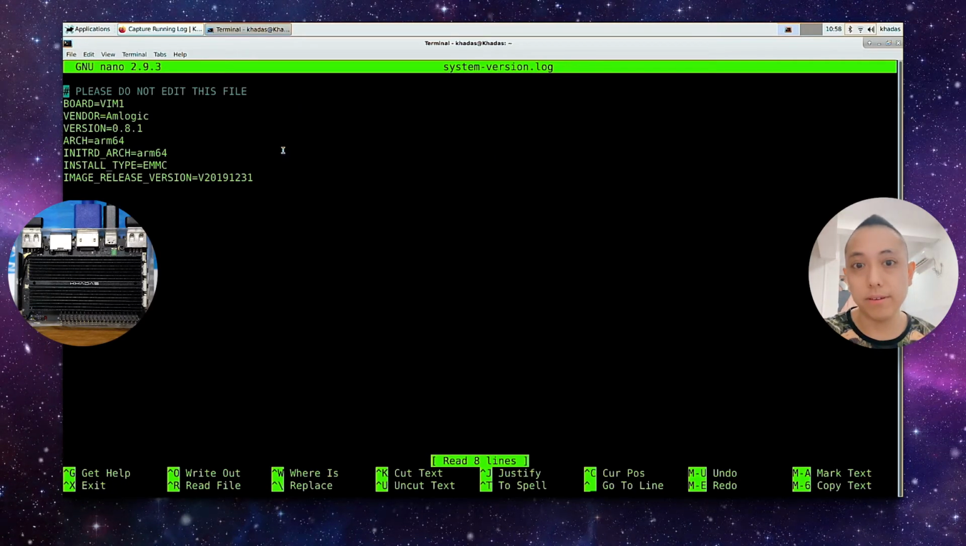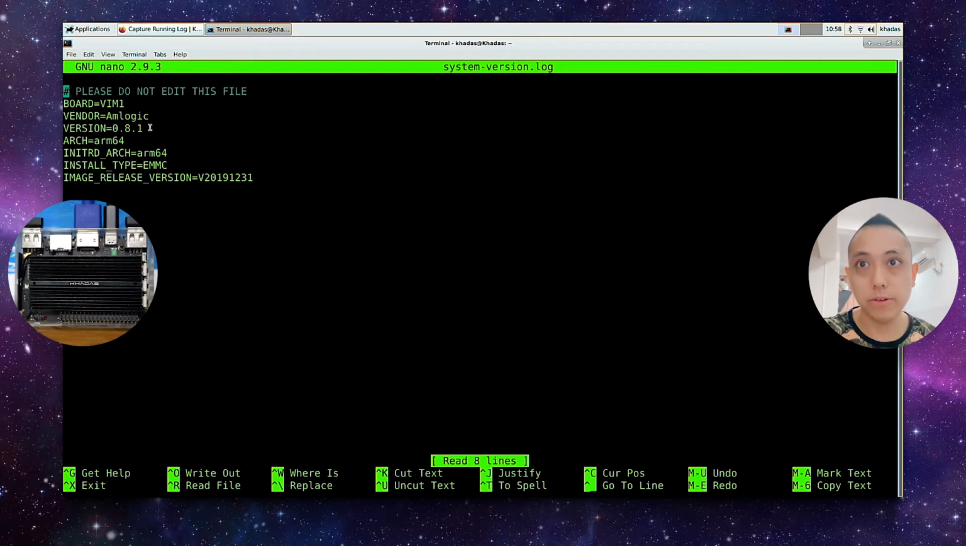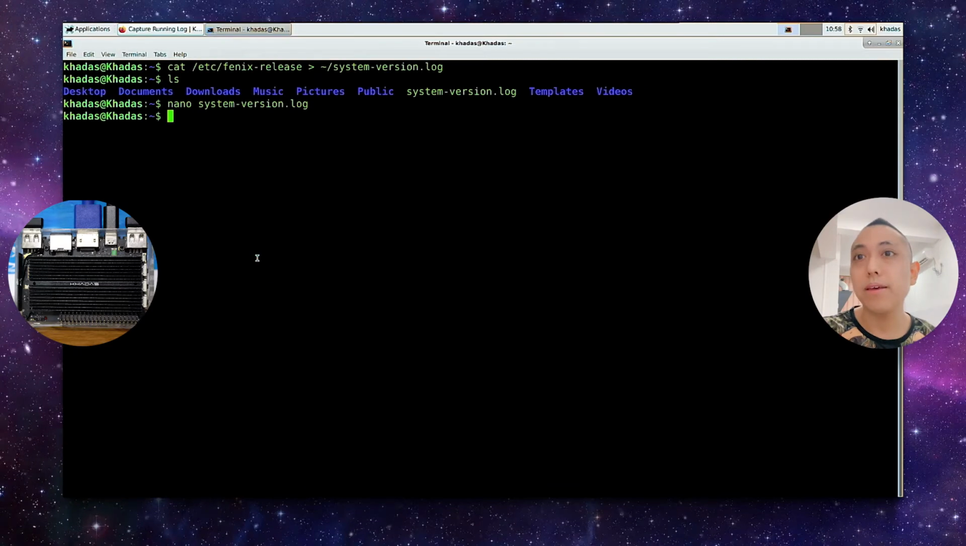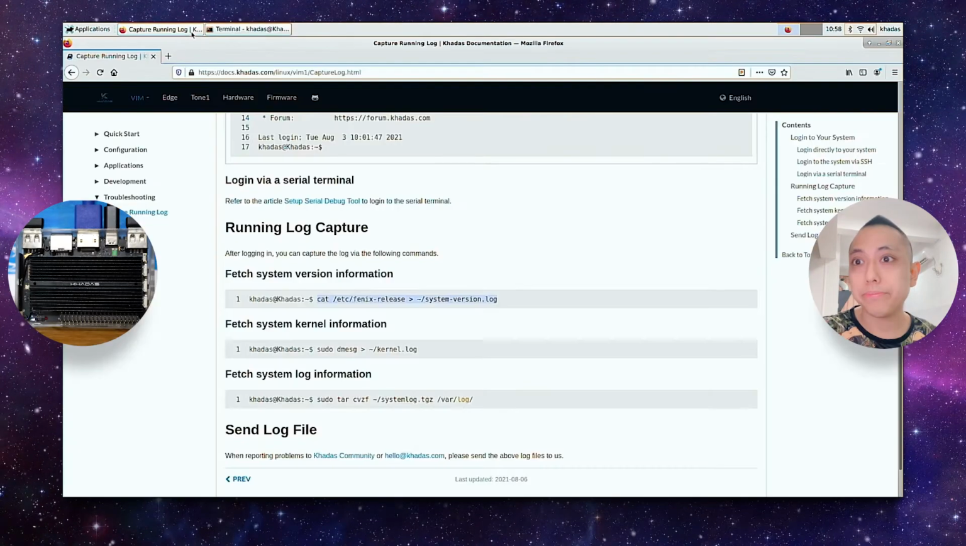So you can see that it tells us it's a Vim1, it's running Amlogic, 0.08.1, an ARM64 architecture with eMMC storage, and image version is 2019 December 31st. Okay, so exit, Control X, and we go back here, fetch the system kernel information,